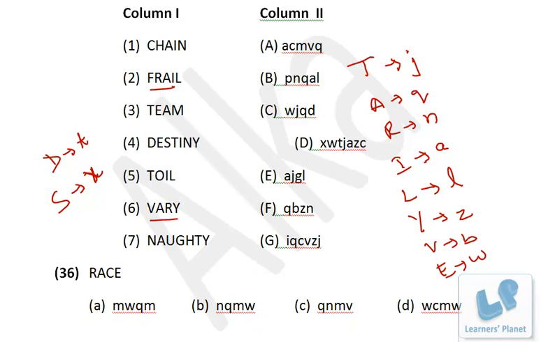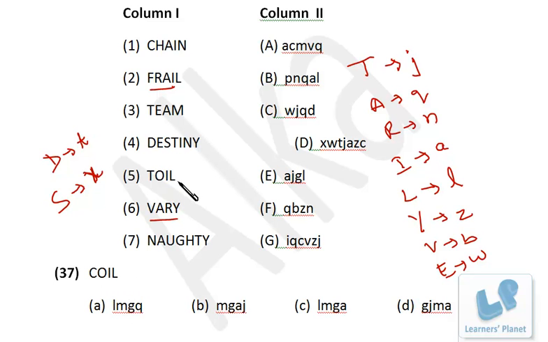Now do it for this one. R A C E. We have for R, that is N. We have for A, that's Q. We have for E, that's W. That means N, Q, W should be there in our options. Here two M's are there, but there is no repetition, so it's incorrect. N, Q, W, it's there. It may be N, Q, but W is not there, and here W is repeated. So finally B is the correct choice, right? We can do it in just seconds, right?